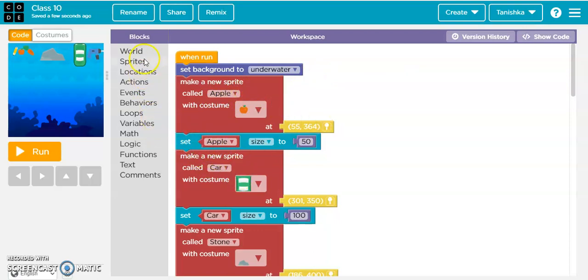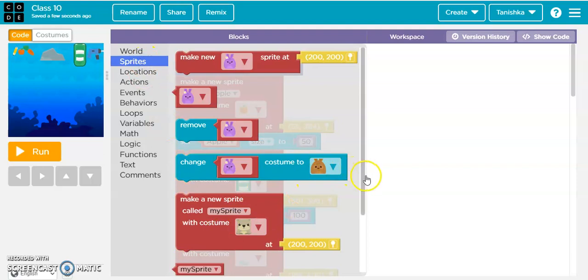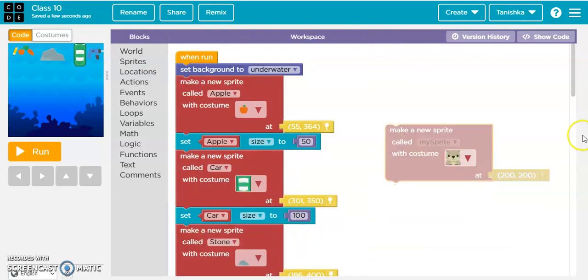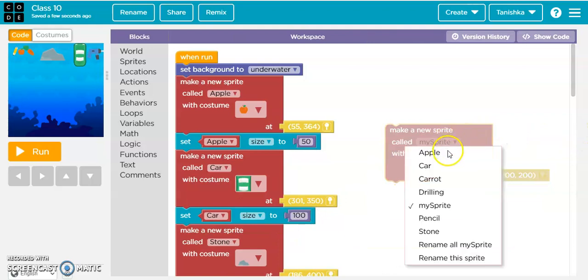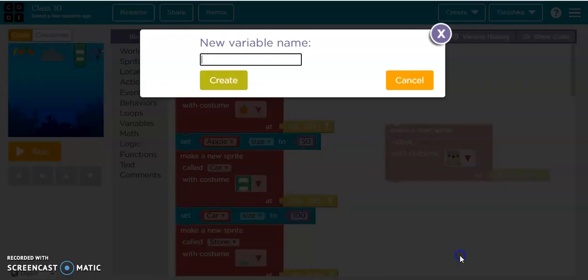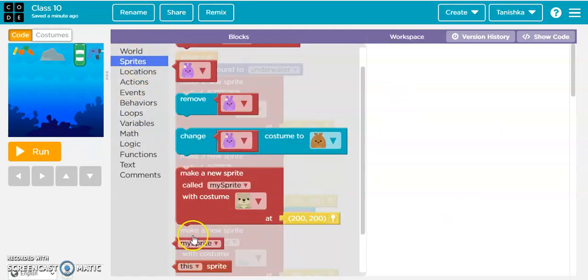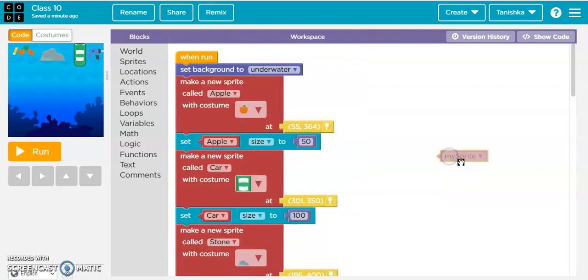When I go to the sprites section, I first put this block, make a new sprite called my sprite with costume this. Then I rename this sprite, and I can rename it to any name. When I go to sprites once again, there is this block, my sprite.